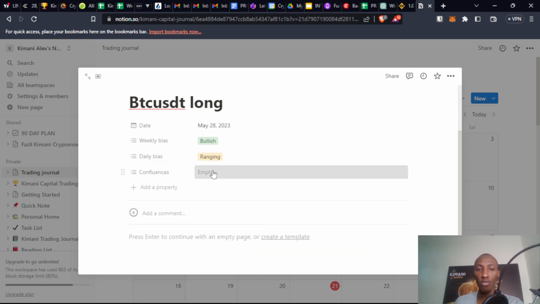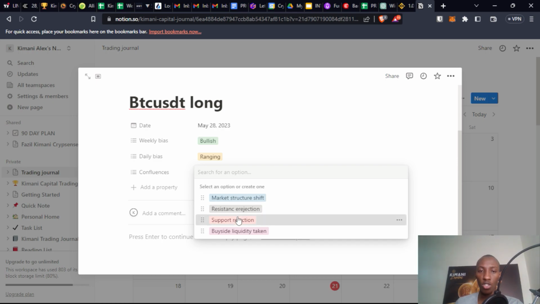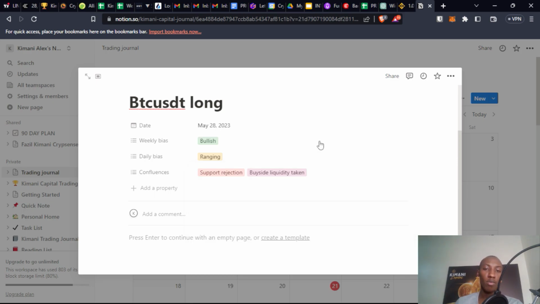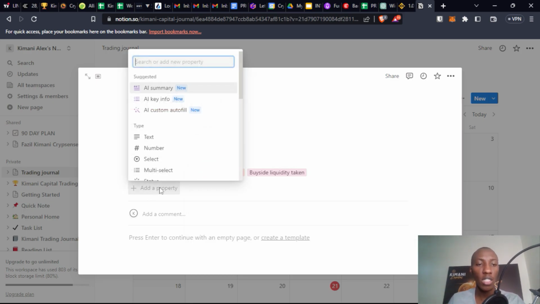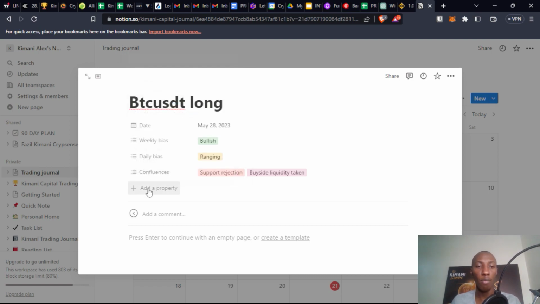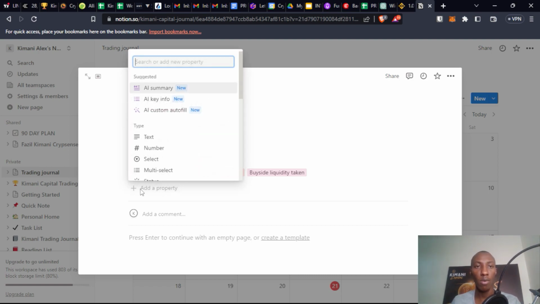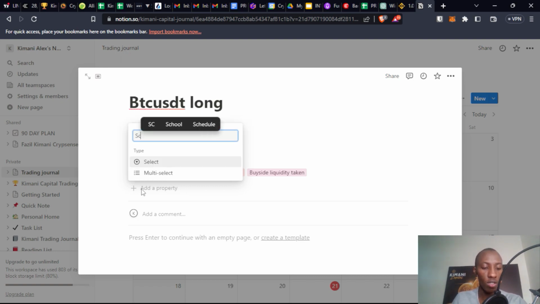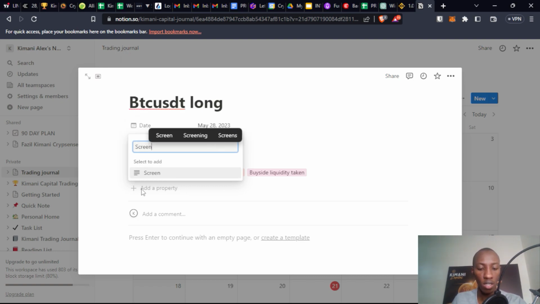So when I come here to my confluences, I just say, okay, so there was a support rejection right there. We also saw buy side liquidity taken, and now we are waiting the test of fair value gap, something like that. And then you can just now continue adding these properties. Okay, just click the plus button and you say, okay, let's say like screenshot. Okay, screenshot,